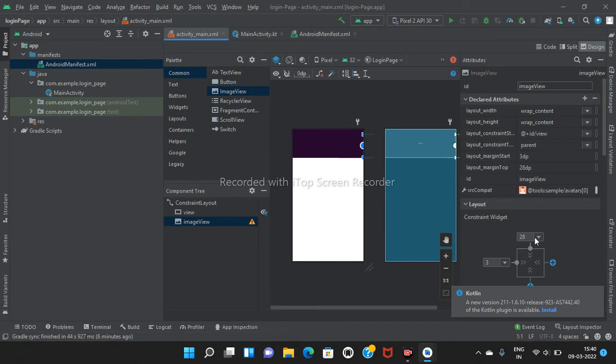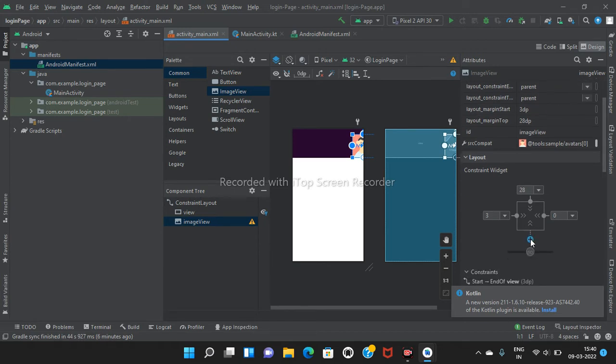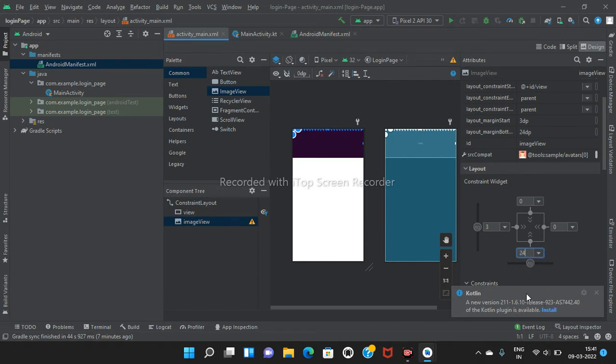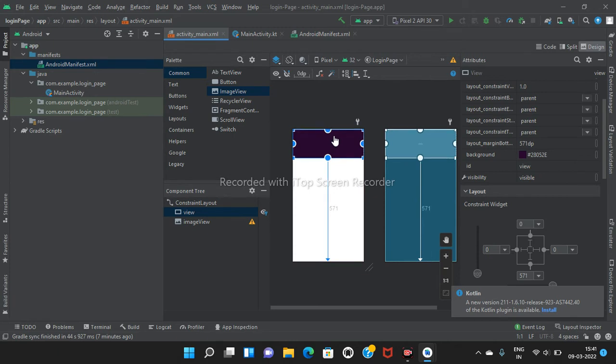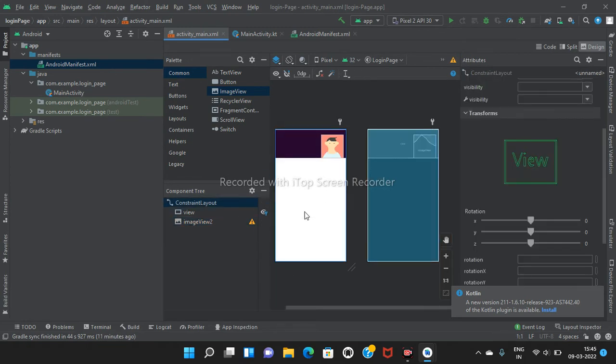I'm going to set these attributes. So here we added the image also.